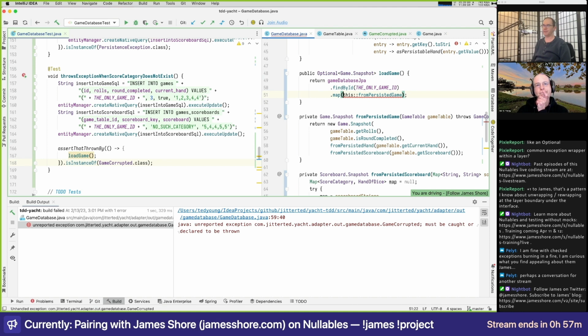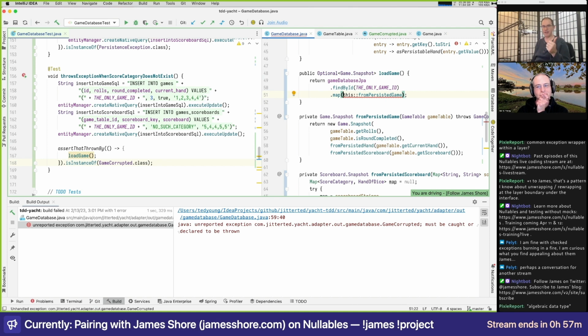But if we're not going to throw a checked exception, then I want to do something else to say an error could occur here. Really, we've got three return types. We've got found it and everything's fine. Didn't find it, but that's okay. And broke. And this is where, yeah, I think our two options, because this is not going to work the way we want with the checked exception. Well, Pixie does say that using a runtime exception internally and then unwrapping and rewrapping at the outer boundary is not just something I've made up. So that is an option for us.